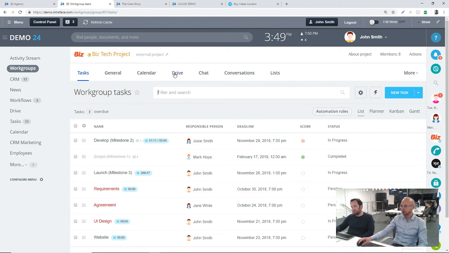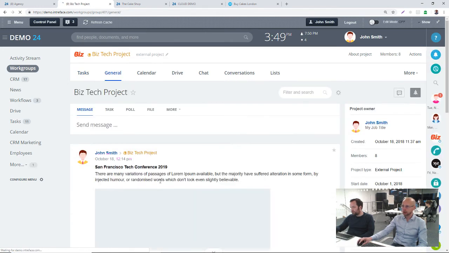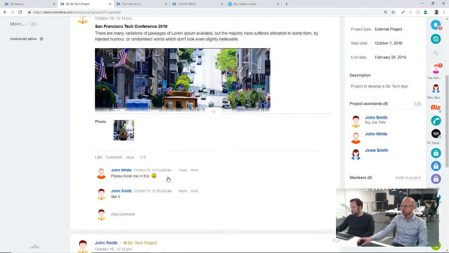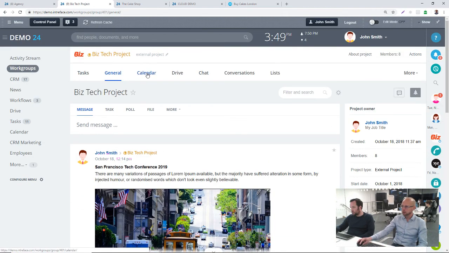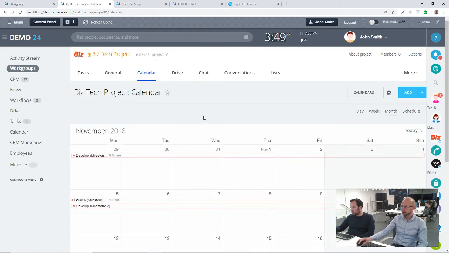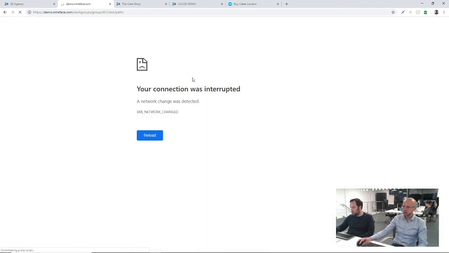And then you've got all this functionality. Then you can create tasks and share those. You have the activity stream, which allows you to chat with one another, have that social intranet, a calendar for each business, a document drive for each business,